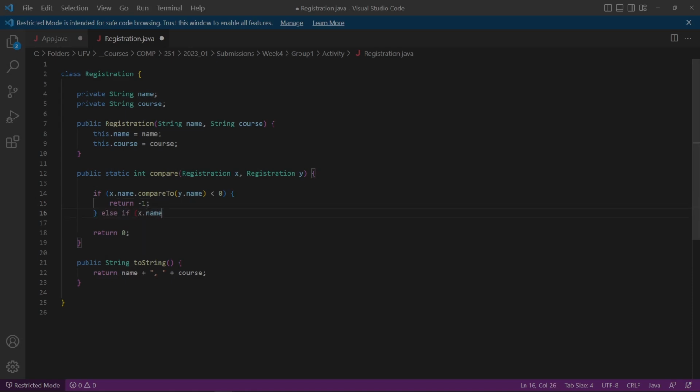Otherwise, I would take care of the next case where it could be positive, which means that the second parameter's name would alphabetically go before the first parameter. So we would want to return +1 to indicate the same information back to our sorting. And then lastly, you could have an else block for this,